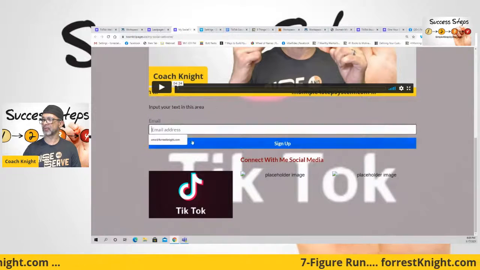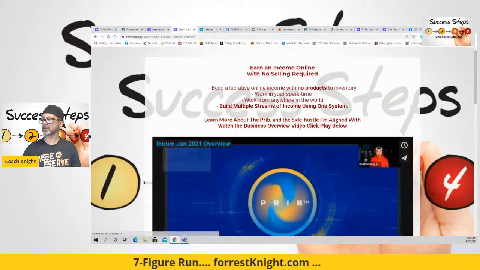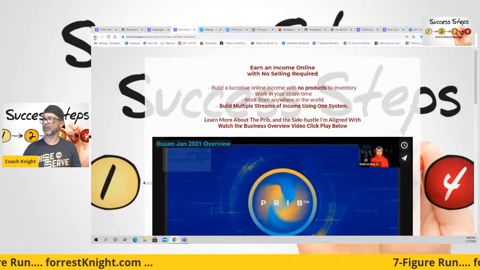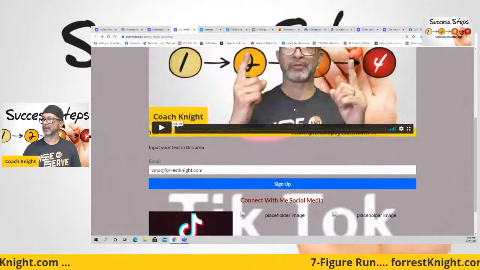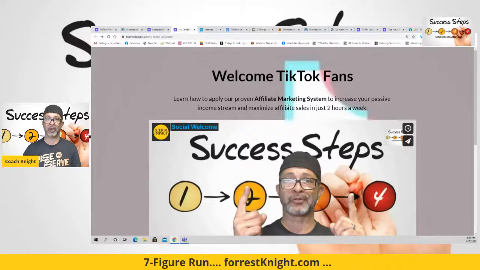So when somebody fills out this form, it's going to take them to my overview page. I can change the button text here. See, it takes them to my income presentation page here that I have set up. And I'll show you how to do this tomorrow so that everything's congruent. So basically, you have a social media lead generation funnel. Yeah, and I just made that up on the fly.